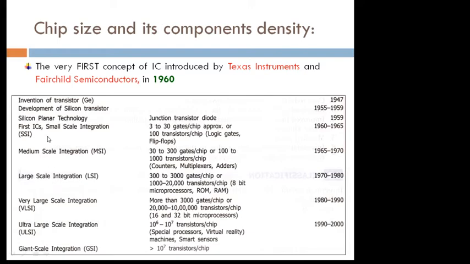Large scale, देखिए यहाँ पे भी you can understand small scale, उसके बाद medium scale, उसके बाद large scale. Large scale में और एक ज़ीरो लग गया, माने 300 से लेके 3000 तक, और यहाँ 1000 से लेके 20,000 तक. And now they have mentioned कि जब LSI आया, so मार्केट में और दो कंसेप्ट आ गए. One is a microprocessor and ROM and the RAM. रैम का नाम सुना होगा, that is a random access memory, and ROM का नाम भी सुना होगा क्योंकि आप